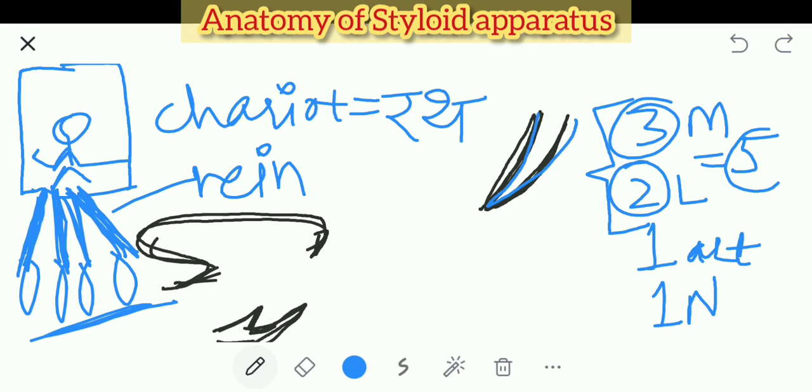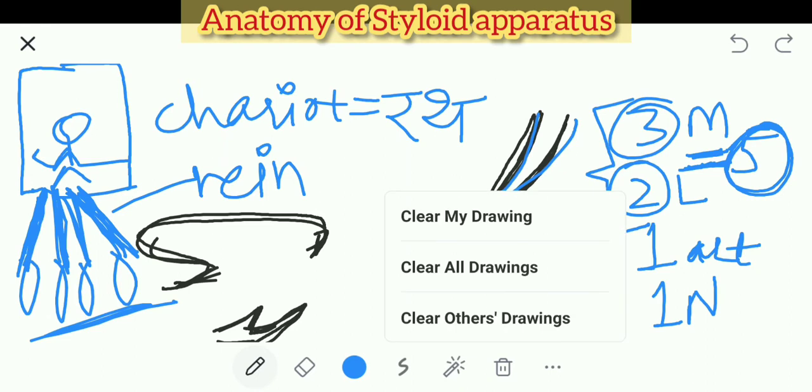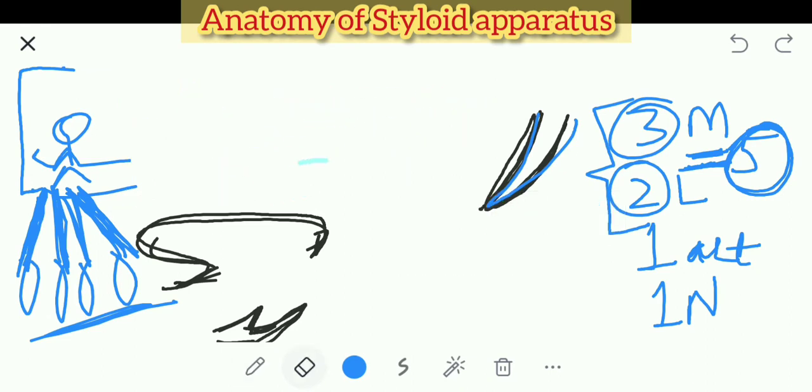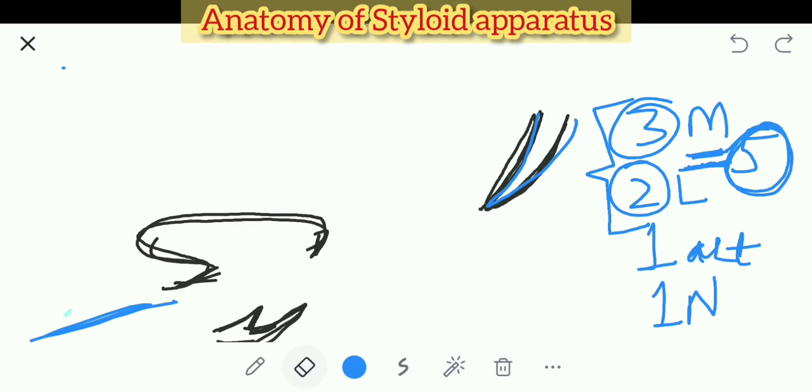It has 5 reins. Okay, so this is a riddle question which can be asked, and we had asked this in the quiz during our WhatsApp digital quiz. Okay, so I will clear all this whatever I have written. We will concentrate on the diagram. So if you see, there are 5. It is having 5 reins.